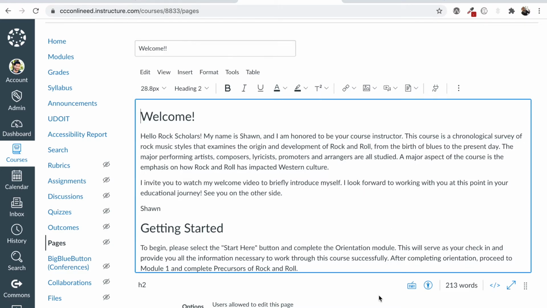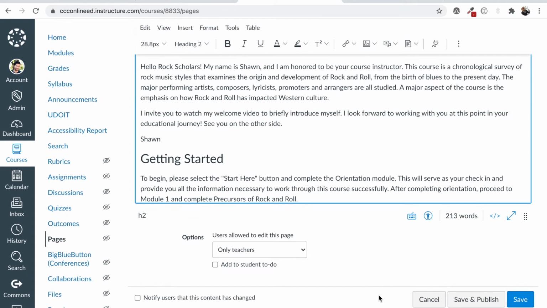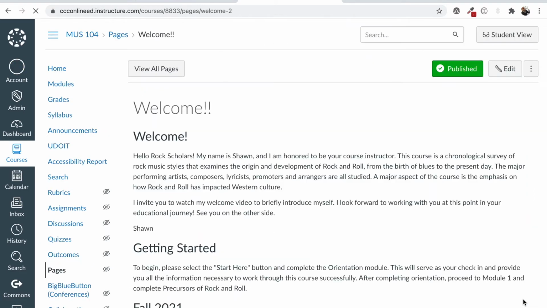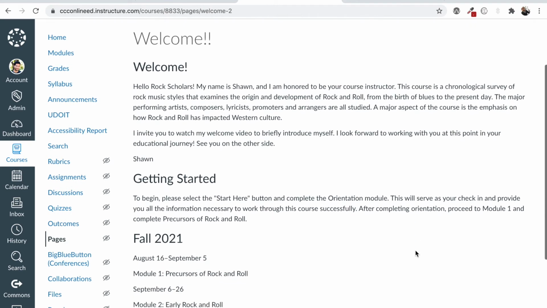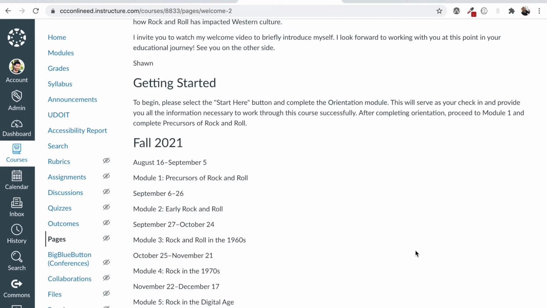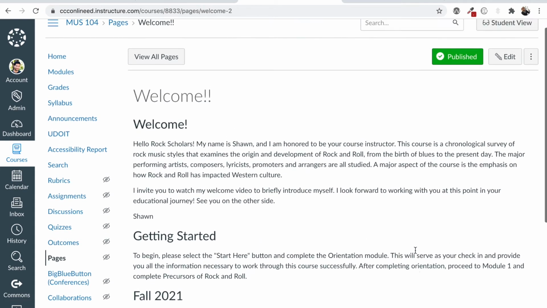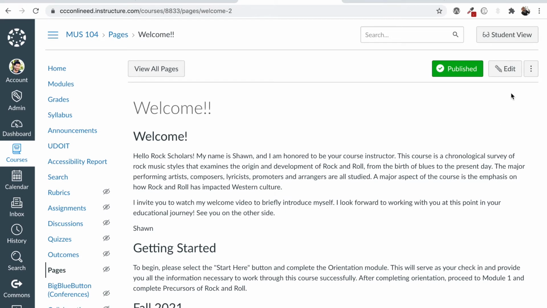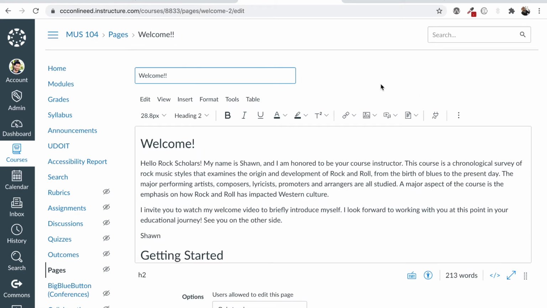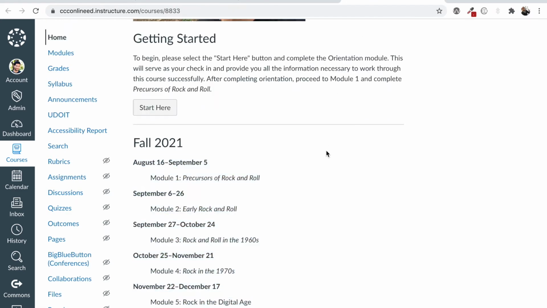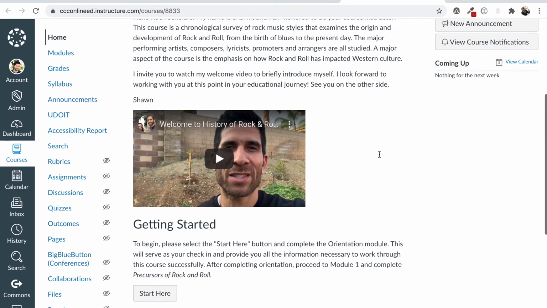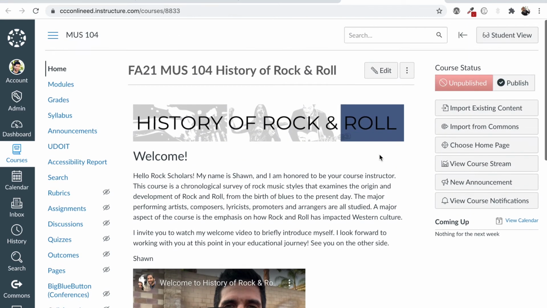Oh, and another thing is, as you are editing your page, get into the habit of saving every so often, because if anything happens, you'll have that saved. And you get a sense of how the page is developing. So, good. I'm going to go ahead and edit again. And let's start bringing in some media.